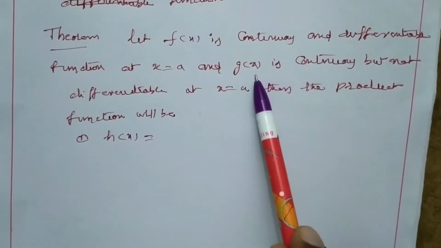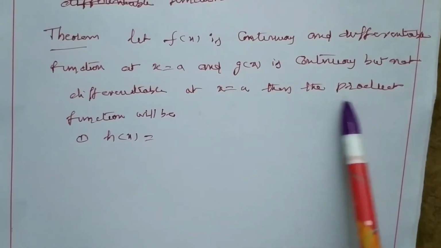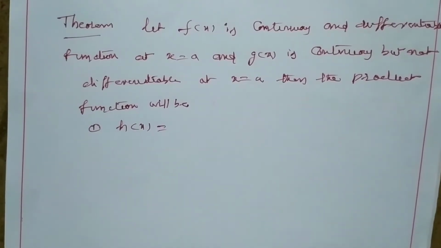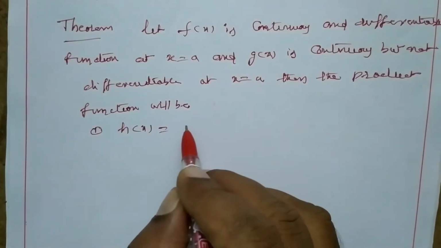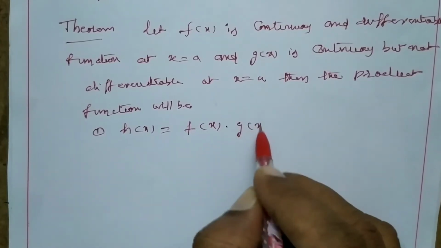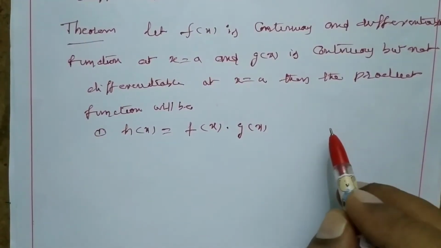g of x is only continuous but not differentiable at x is equal to a. Then the product of the functions, h of x is equal to f of x into g of x, will be continuous. It is differentiable